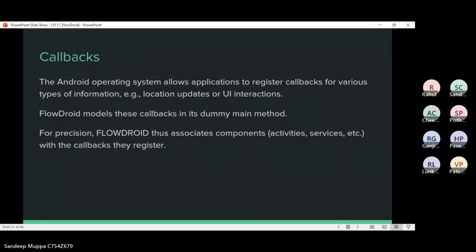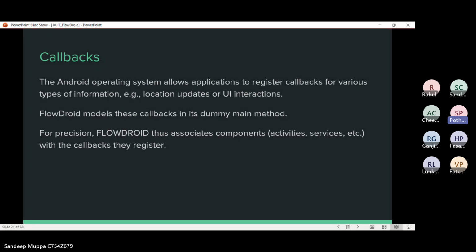FlowDroid assumes that callbacks can be invoked in any possible order, since the exact order of their execution cannot be predicted. As I mentioned earlier for asynchronously executing components, we cannot determine the execution order of activities, but with FlowDroid it can be determined with a particular order of execution.